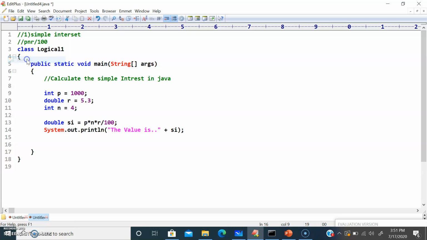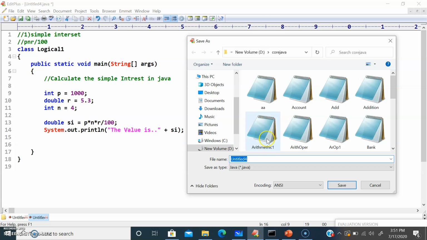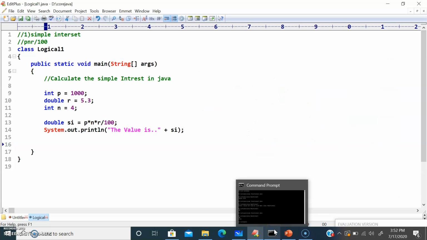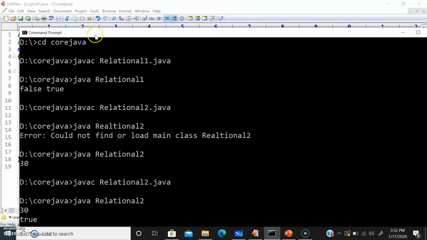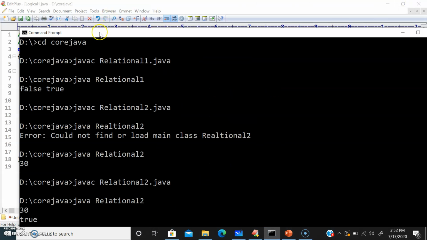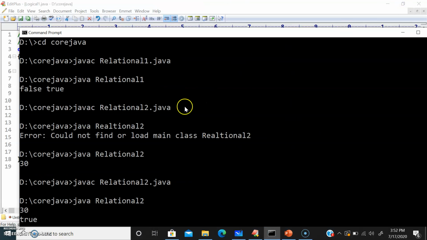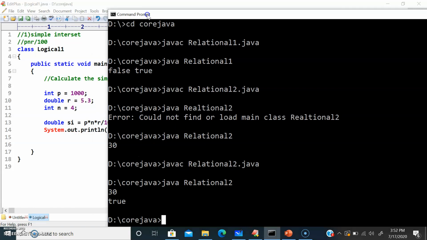So let me save this program as Logical1.java.